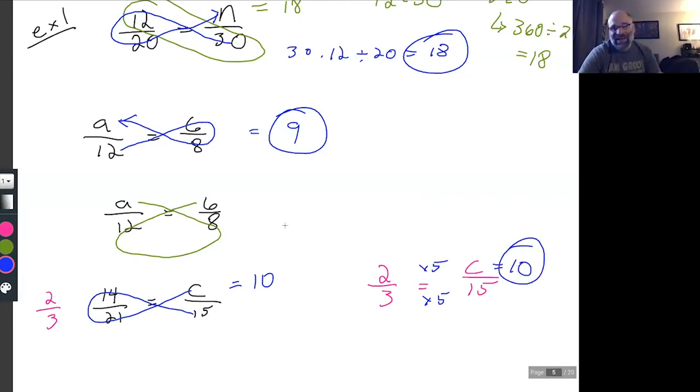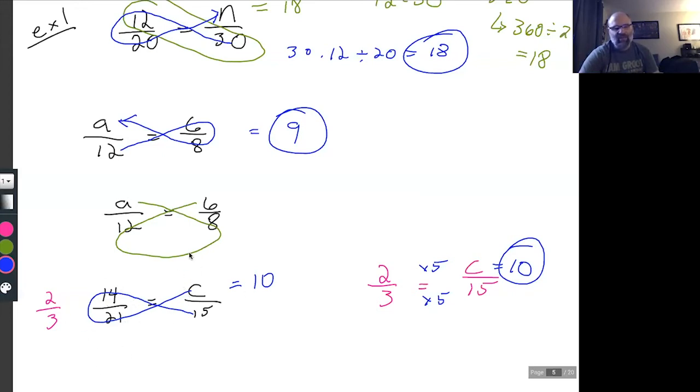So that's usually what I do because doing the cross products works every time. You can always do the cross product, the fish method, it works every time. But you get big numbers and you have to multiply 15 times 14, which wasn't part of my multiplication chart that I memorized in 2nd grade, okay? So that's not a fun multiplication problem, but you can do it. What I try to do is see if I can use the equivalent fraction method first because it's easier to divide first and then multiply than it is to multiply then divide. Okay, so it's up to you, but either way,